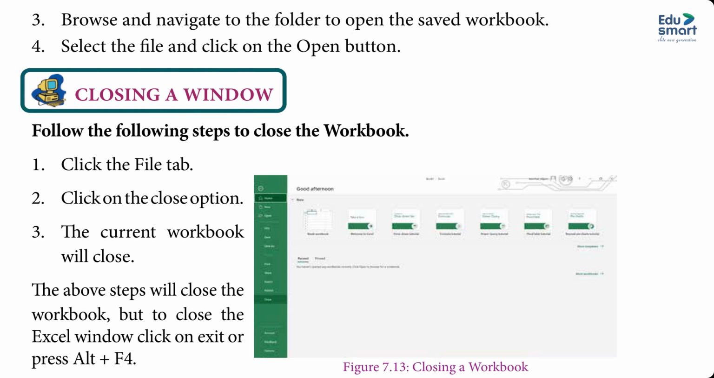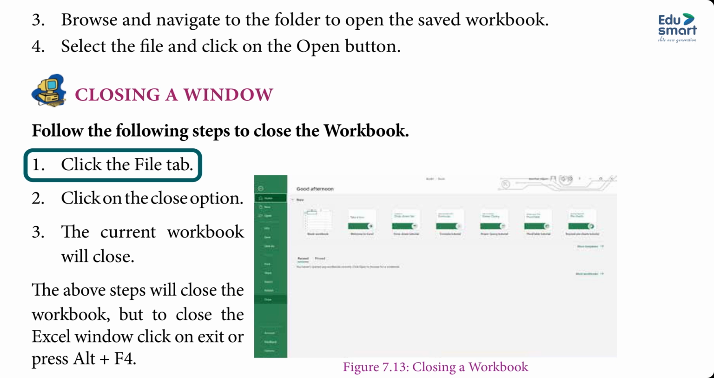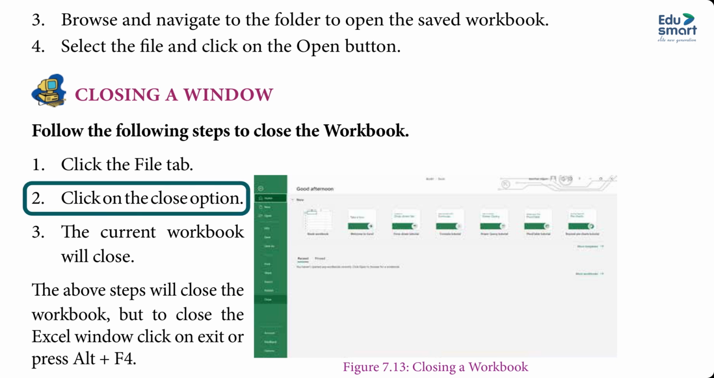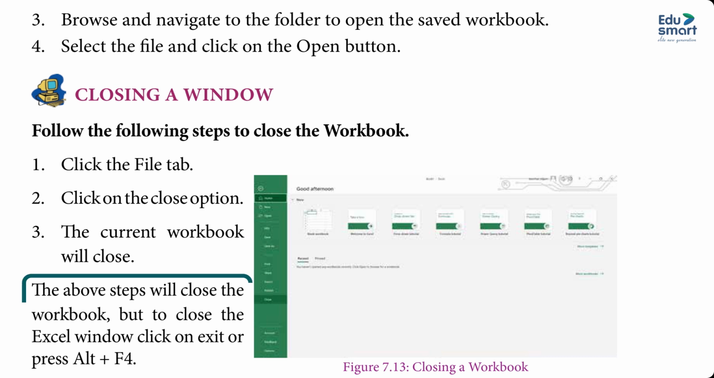Closing a window. Follow the following steps to close the workbook. 1. Click the File tab. 2. Click on the Close option. 3. The current workbook will close. The above steps will close the workbook, but to close the Excel window, click on Exit or press Alt plus